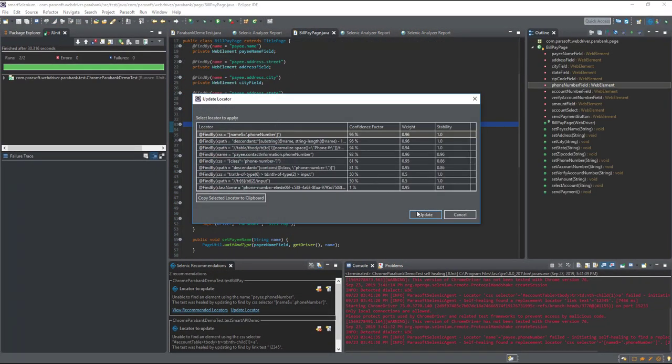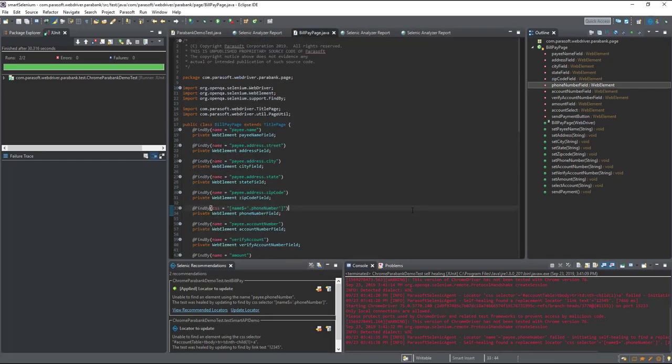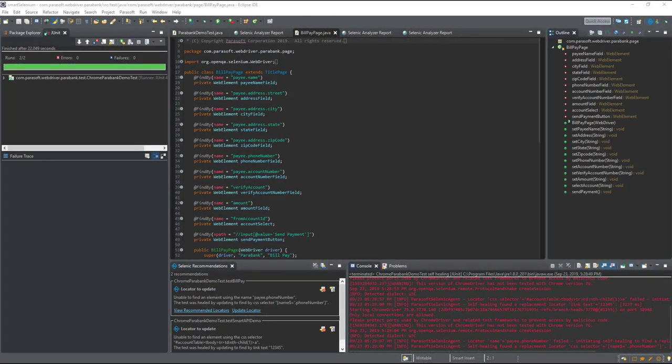And through this, I can take my existing Selenium tests, and by making a simple change to the execution, I get more stability through locator recommendations and self-healing at runtime. But wouldn't it be cool if I was able to get a head start on creating Selenium tests like this from the very beginning? And so this is where the third part of our story comes in, and that is one of creation.